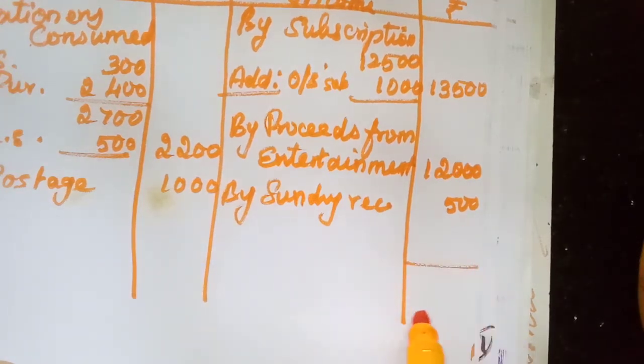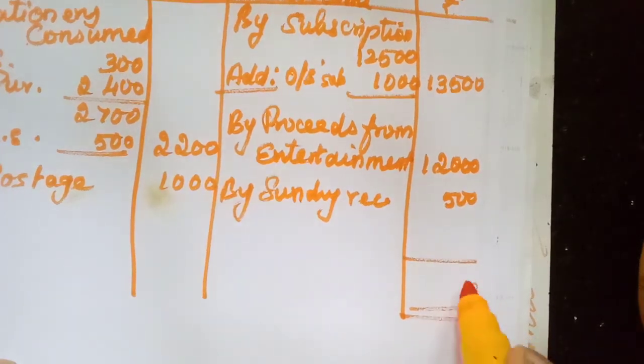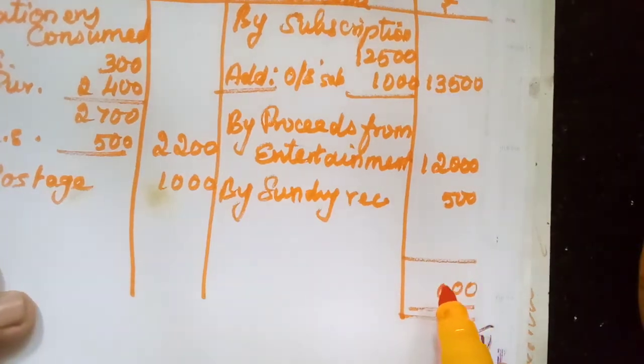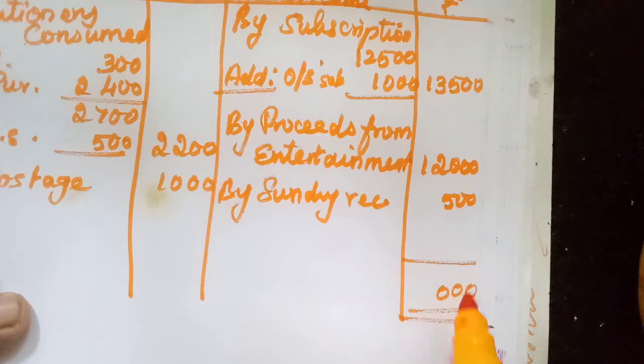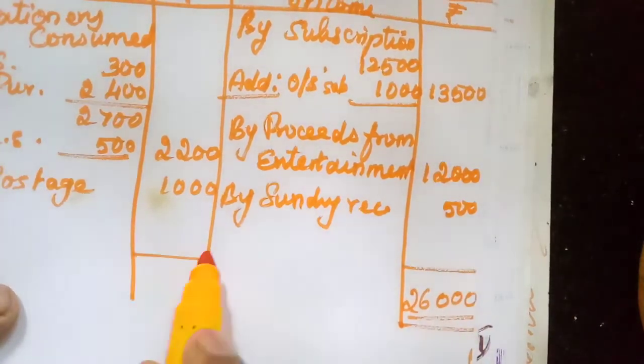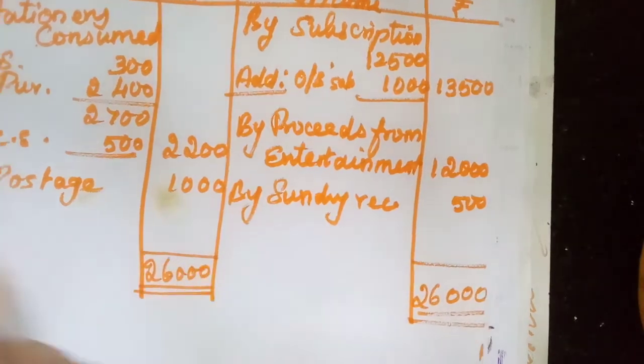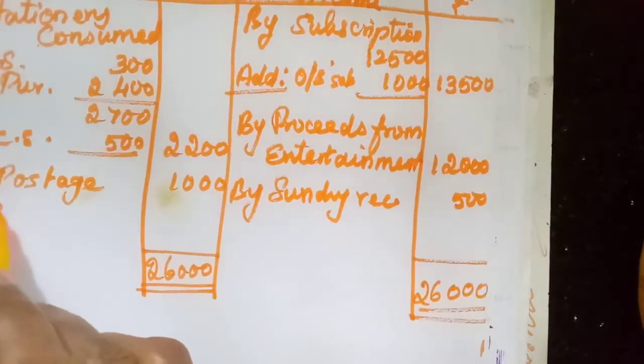Surplus only, because we have more on the income side. So add that amount first. 0, 0, 5 plus 5, 10, balance 1, 4 plus 2, 6, 1 plus 1, 2: 26,000. Write the same amount on this side also, 26,000. Then you write surplus,